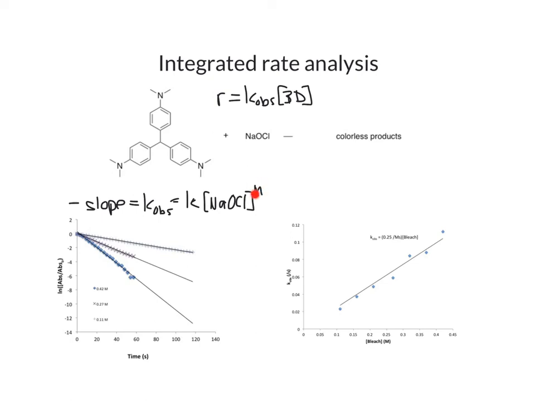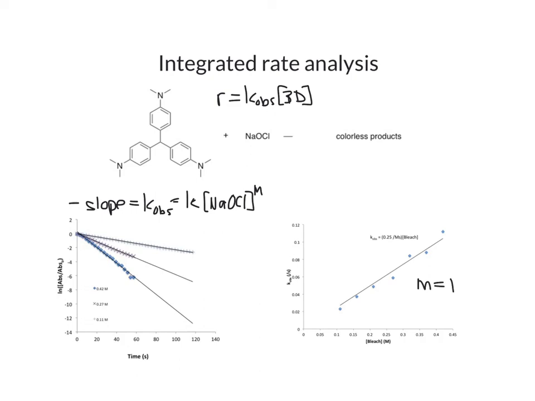If this is 2, then I expect to see a parabola, right? So I expect to see k observed proportional to the square of the concentration, and that's a parabola. Typically, we don't get orders that are too much higher than 2 or 3, but you can imagine that if this is third order, I'm going to get a different shape of curve. And so if I graph k observed as a function of the bleach concentration, and do that for a whole bunch of different bleach concentrations, you can see that I get a very nice straight line. And so the order must be equal to 1